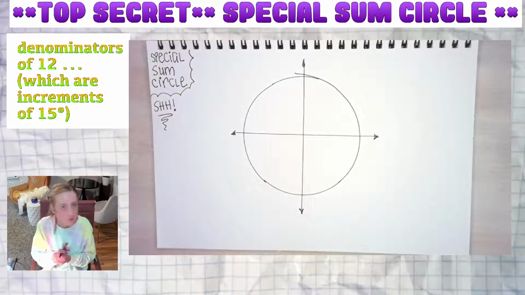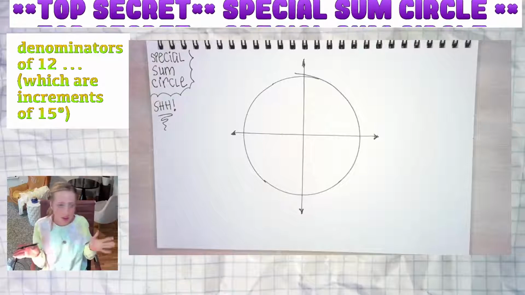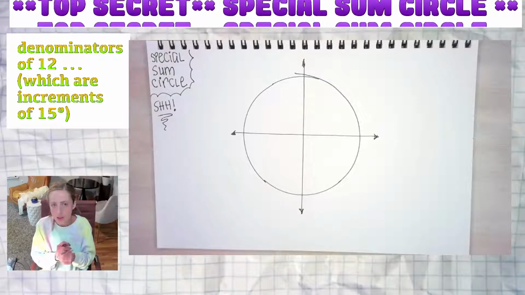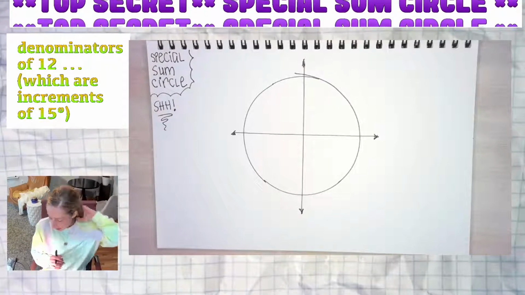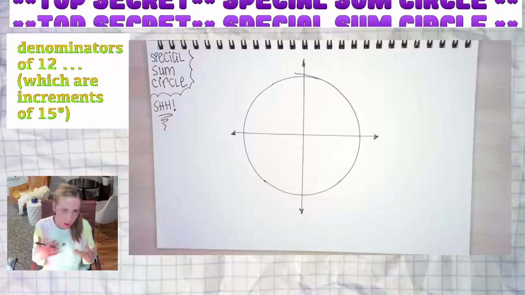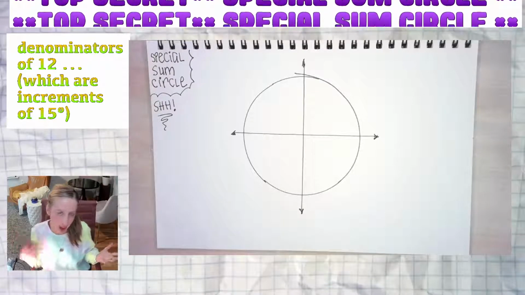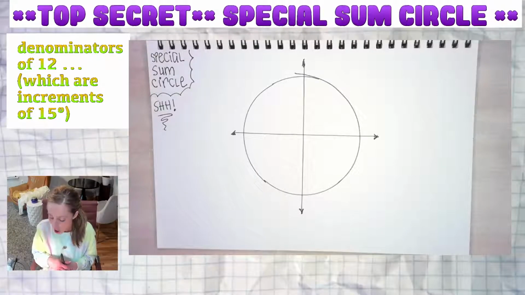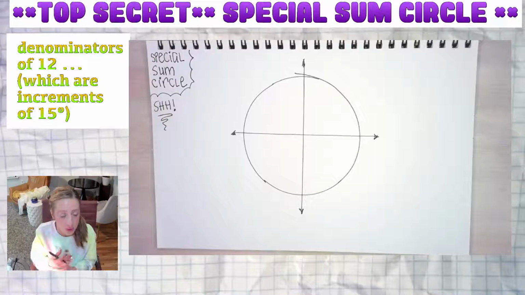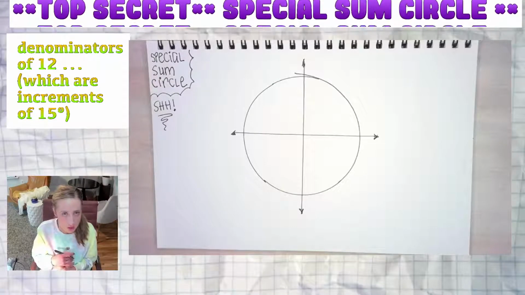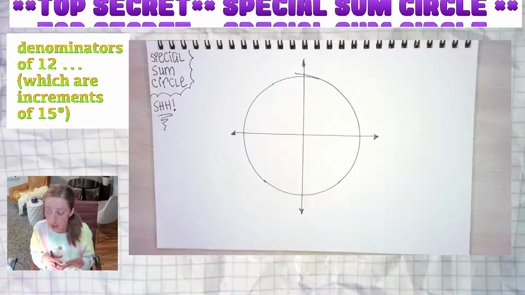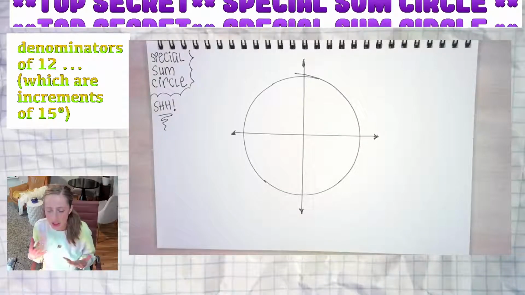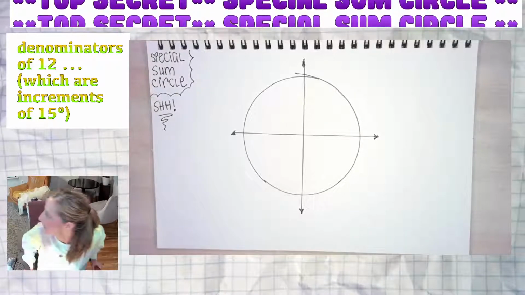So in this video, we are going to be doing a top secret special sum circle, and it's going to help us with our sums and differences, but obviously I wanted it to all have the same sound at the beginning of the words. So help us with our sums and differences when we have to apply angle sum or difference identity, and we're using radians, because with degrees, it's a lot easier if you needed to figure out like